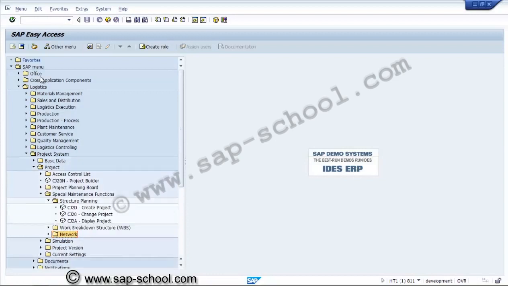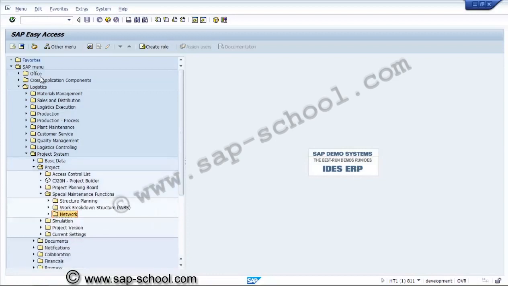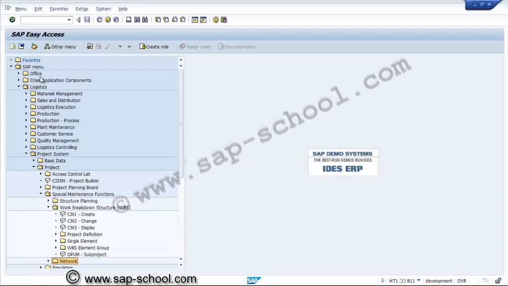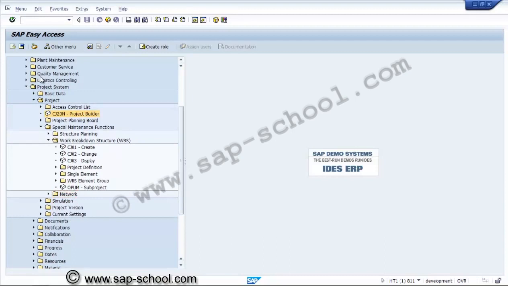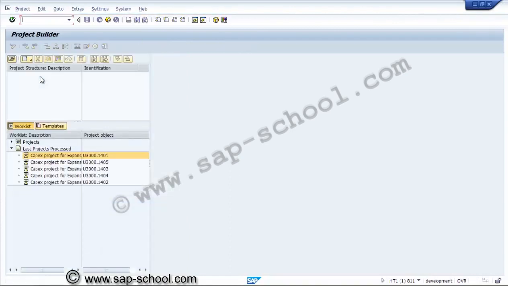Now if you go to the project builder, from the project builder also we can create the network. First of all, we see whatever networks we have created, how these are appearing in the project builder. We have created two networks, one for the civil header and one for the equipment header.